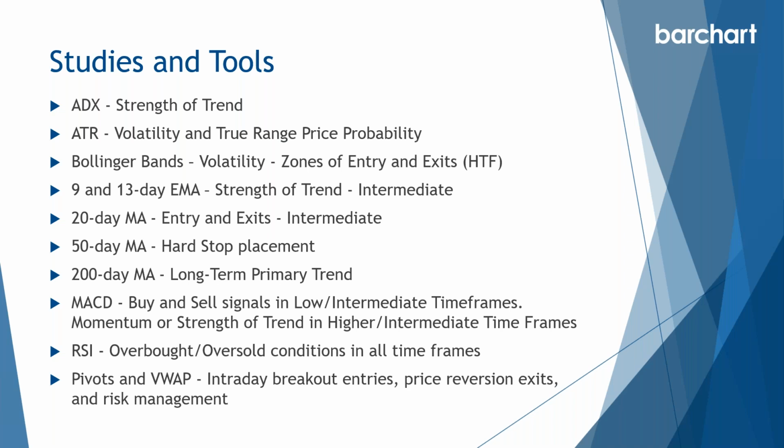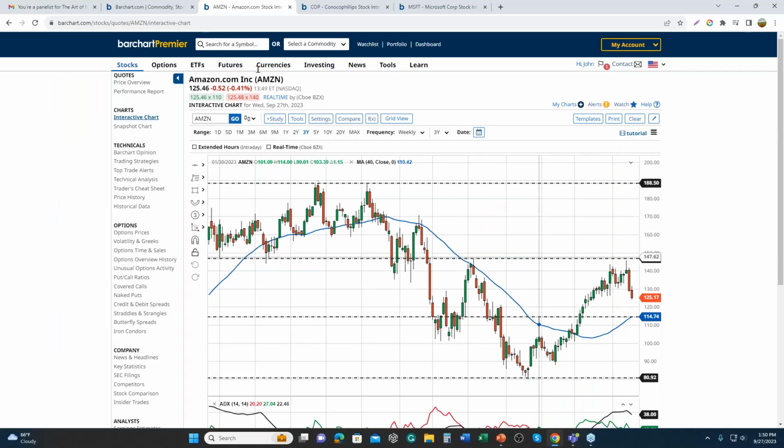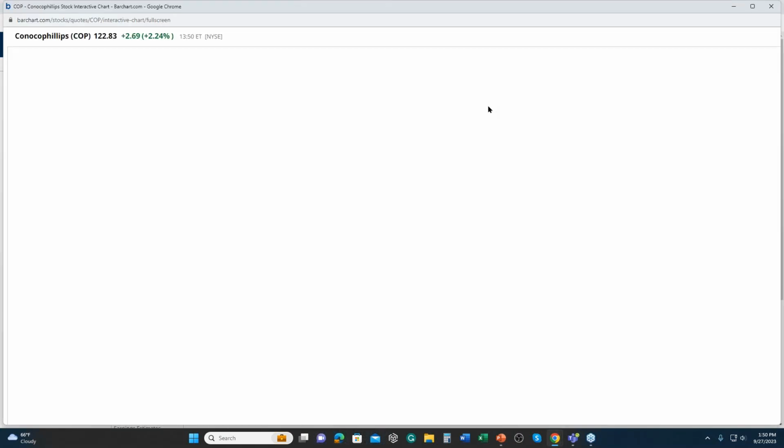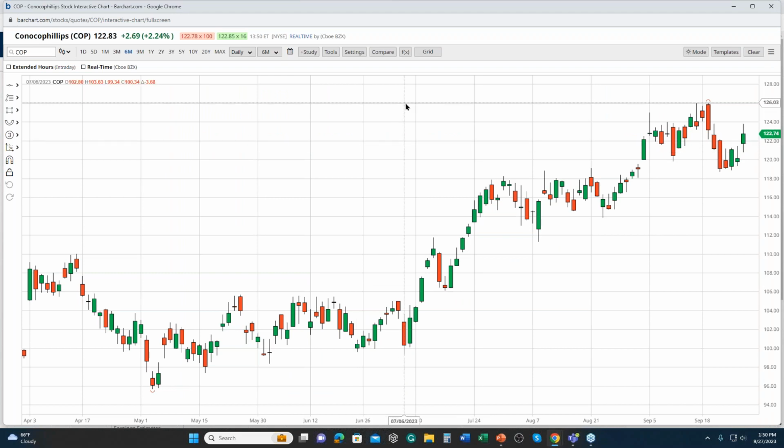Okay, so let's go back. And the question was zones of action. So here's ConocoPhillips, and I've blown this out a bit so you can see it. Now, the process I just did with you with Amazon, we started on one chart, then we went to another chart, and then we went to another chart. Now, what Barchart does for us is we have something here called the grid. And if I click on the grid here,